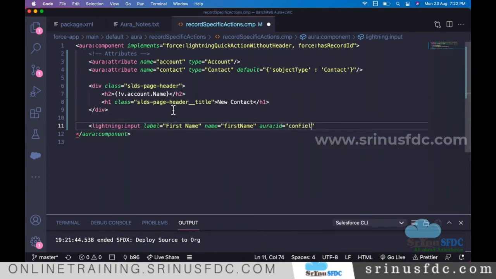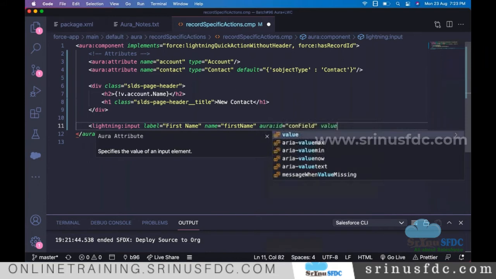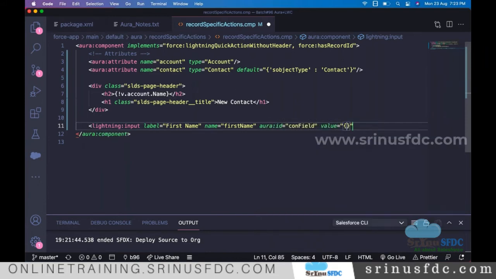Maybe for all these fields I want to capture and submit at a time. So for all these input fields, I'm going to give the same ID, and based on this ID I identify all these fields and form the record to save into the database. And also the value: whatever input we give should be assigned into v.this contact, right?